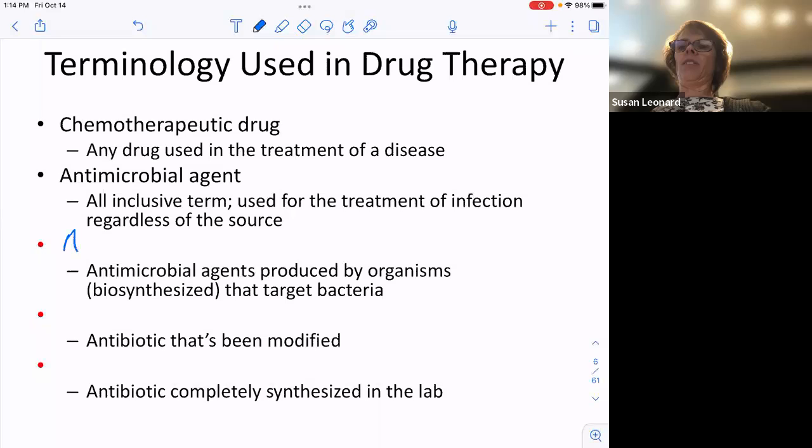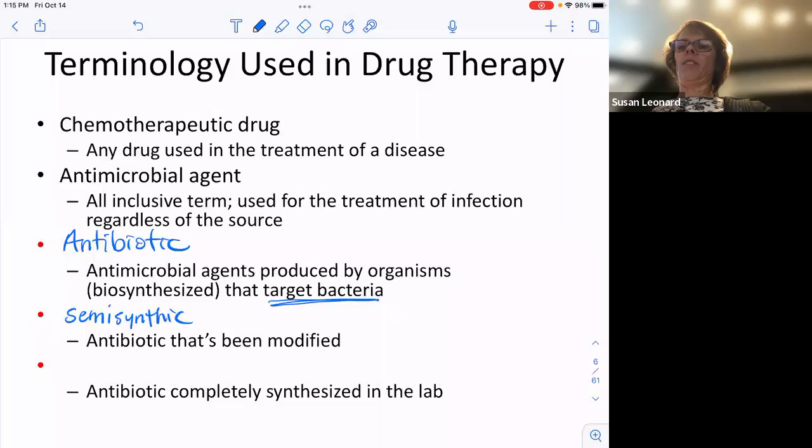And then if we use the term antibiotic, now we're talking about antimicrobial agents that target bacteria only. Traditionally, these agents have been biosynthesized, meaning produced by living organisms. We'll get to what kinds of living organisms make antibiotics in a minute. Today, we actually do monkey with some of those natural antibiotic products, and we can call those semi-synthetic